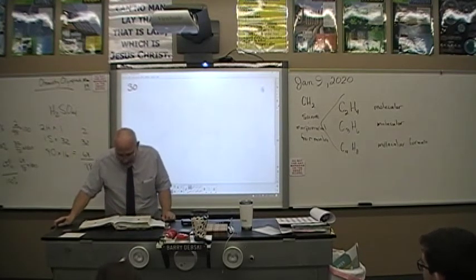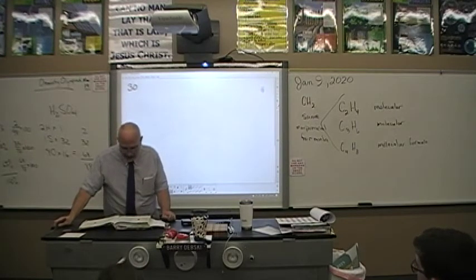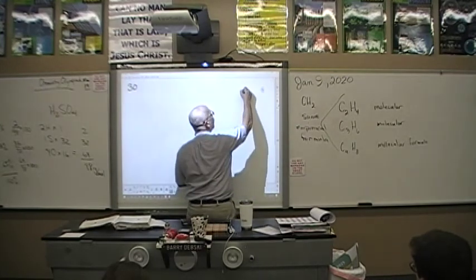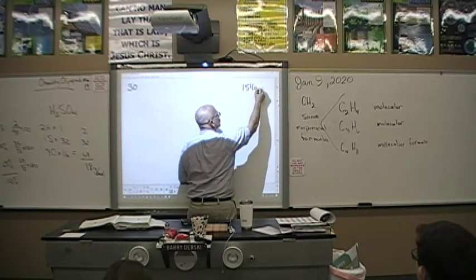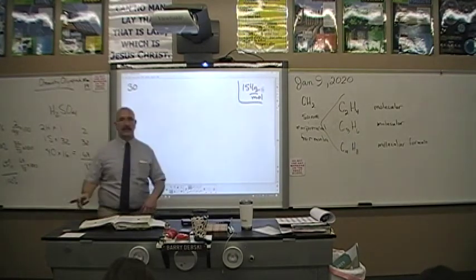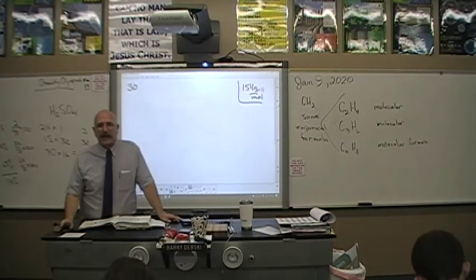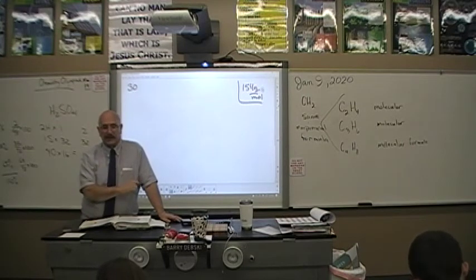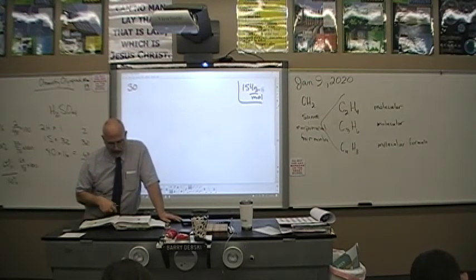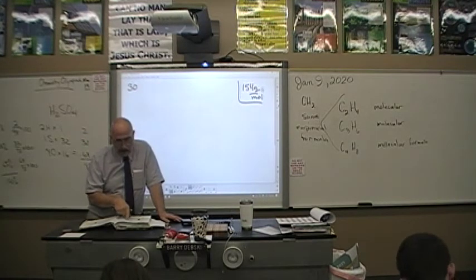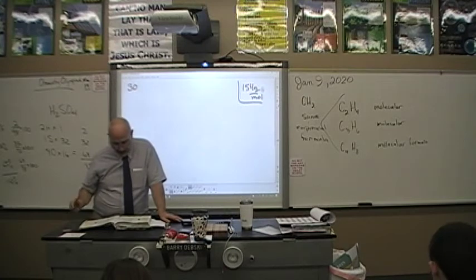Okay? Analysis of eucalyptol indicates it has a molar mass of 154 grams per mole. Now, I'm going to put that number way over here, because I'm not going to use it till I get to the last step of this problem. That's the molecular mass, or molar mass, of the final answer. This one's not asking me for the empirical formula, it's asking me for the molecular formula. But it still starts the same way,